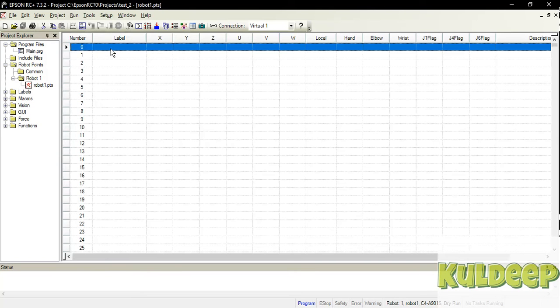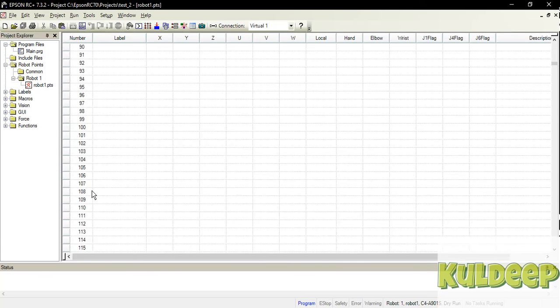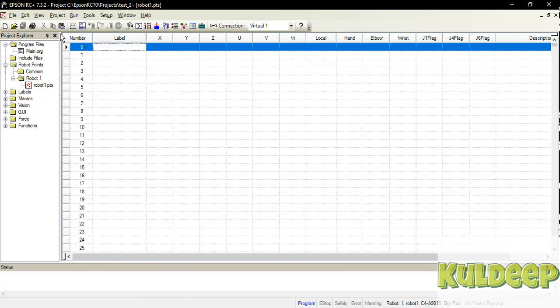There are point references, and you can have a maximum of 999 points in a robot, 999 different points in robot programming with this robot.